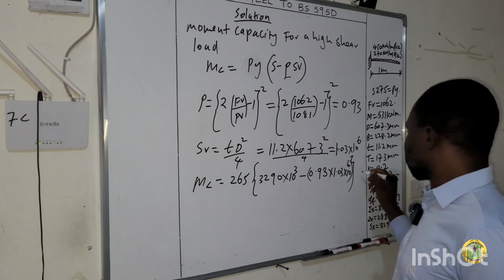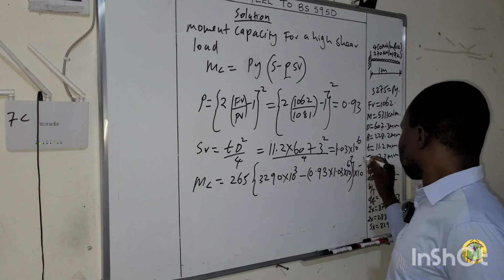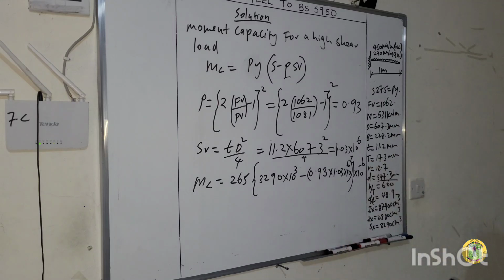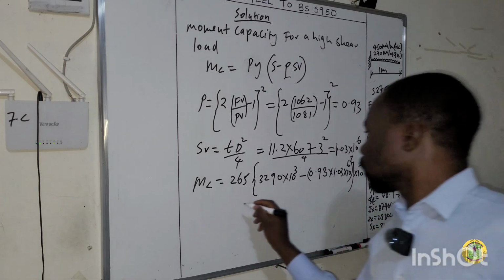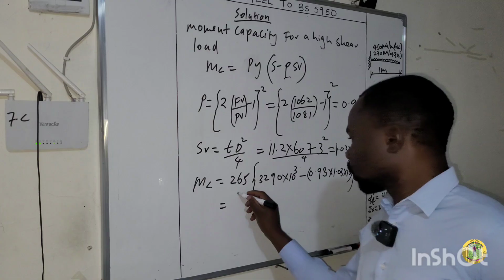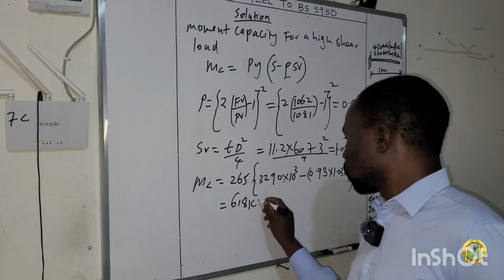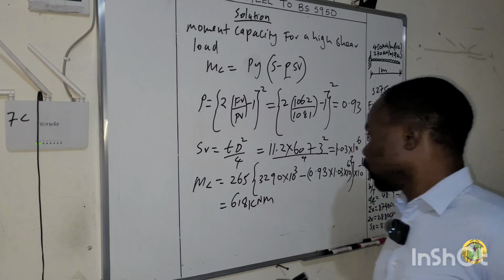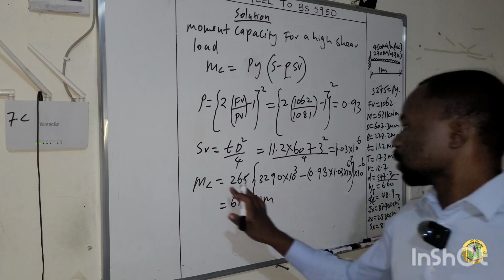Then times 10 to the power of negative 6, because we want our answer in kilonewton meter. So this one is equal to 618 kilonewton meter. And remember, the moment capacity